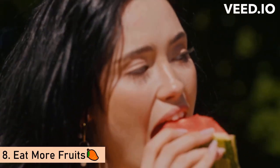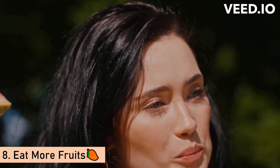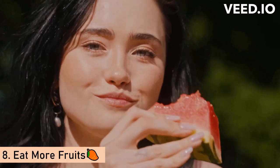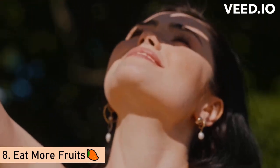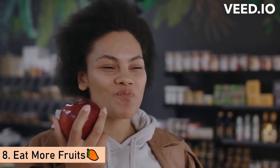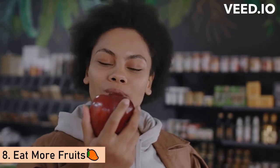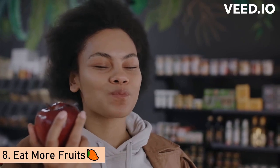Number 8. Eating more fruits can help improve the overall health and appearance of your skin by providing your body with essential vitamins, minerals, and antioxidants. Fruits such as berries, citrus fruits, and melons are particularly beneficial for your skin due to their high vitamin C content, which can help boost collagen production and protect your skin from damage caused by free